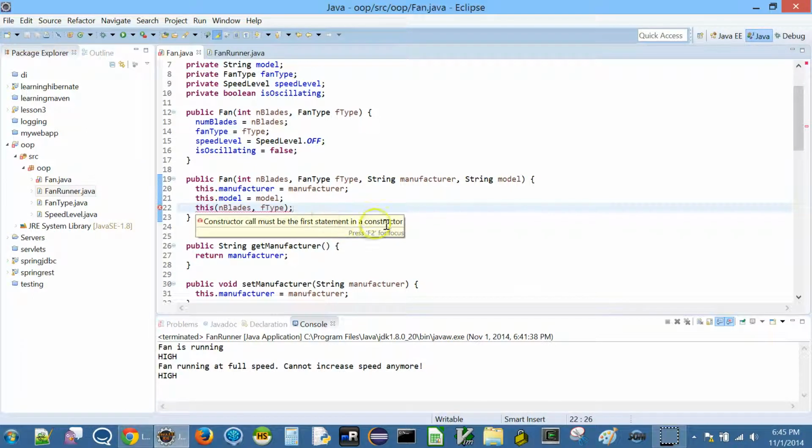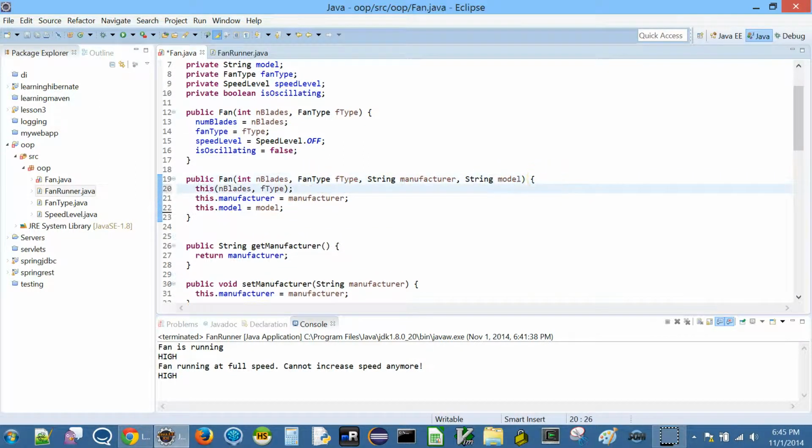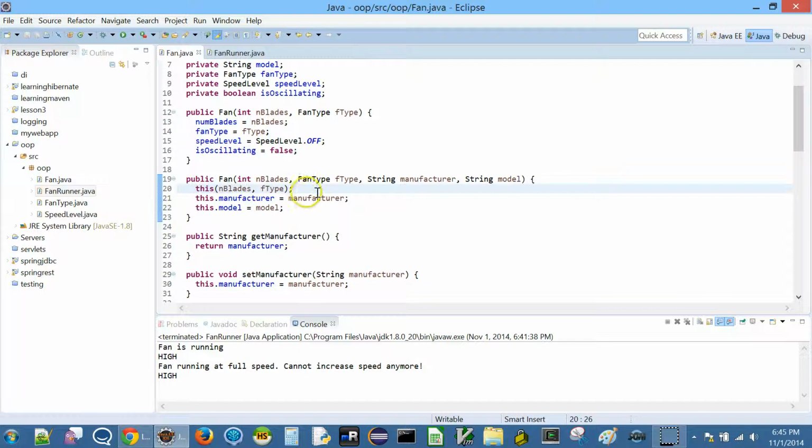Constructor call must be the first statement in a constructor. So I can't do this after I have set these two fields. So what I should do is, first thing, I should put this here. Why do we need to do that? Because that is by rule. Java enforces that any call to another constructor must be the first statement inside a constructor.